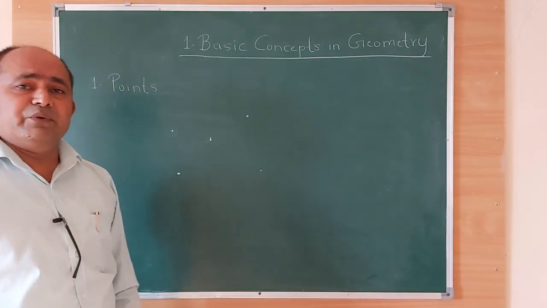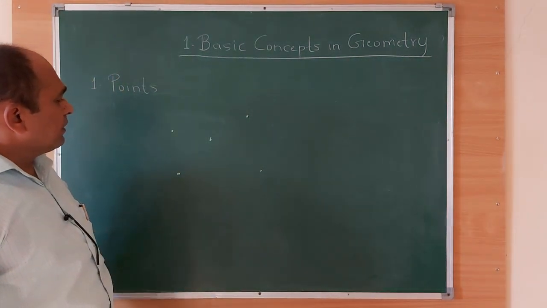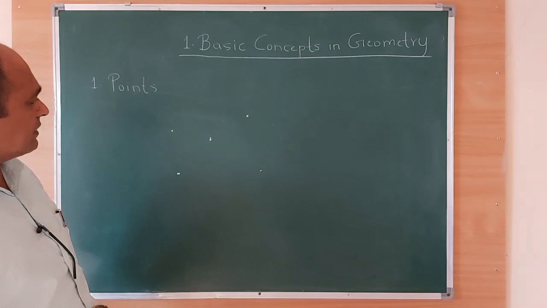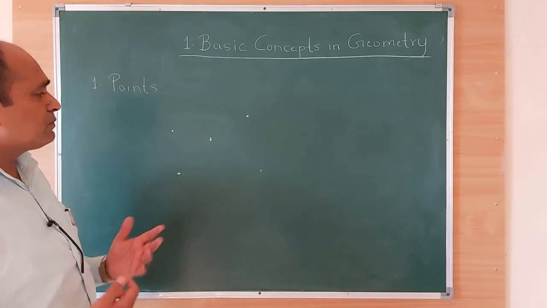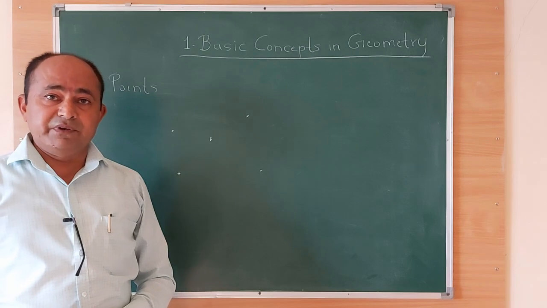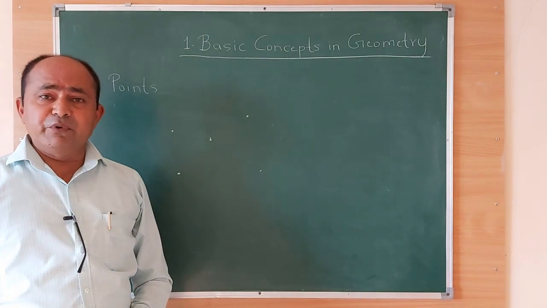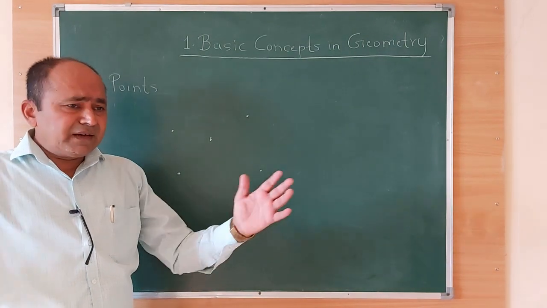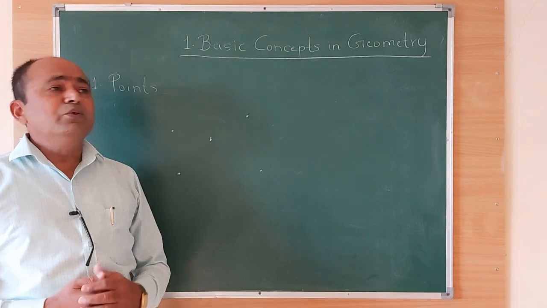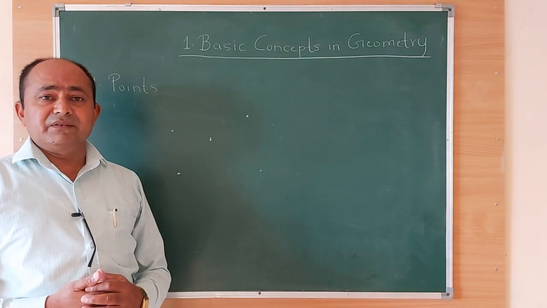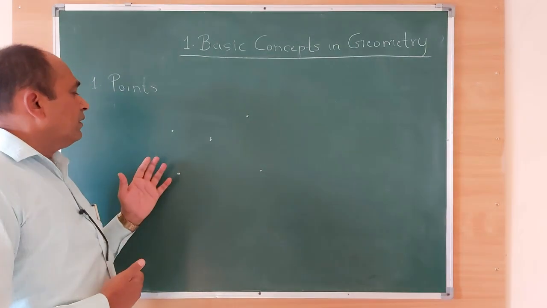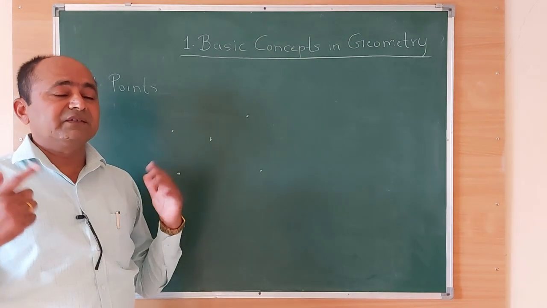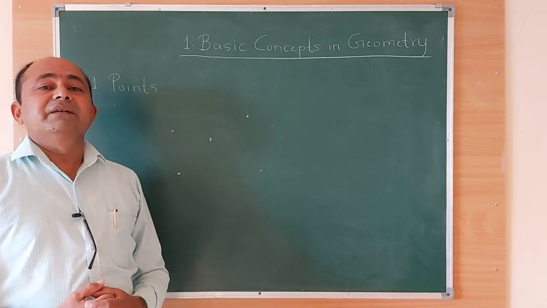Now, how to designate the points? Means I want to say that this point. Now you will say that, sir, there are 5 points here on the board. So which point? If I say this point, you will say which point? If I say, come on, that boy, get up, the boys in that group will look at each other. Does sir actually mean this one? So if I say, come on, Pawan, get up, then immediately Pawan knows, yes, sir is telling me, and he will get up on his place.